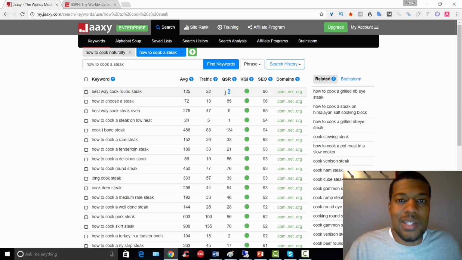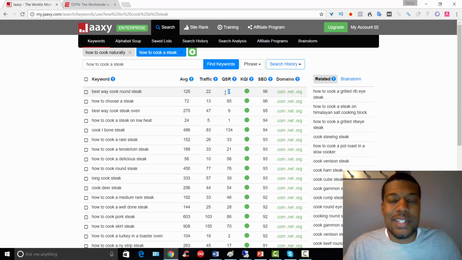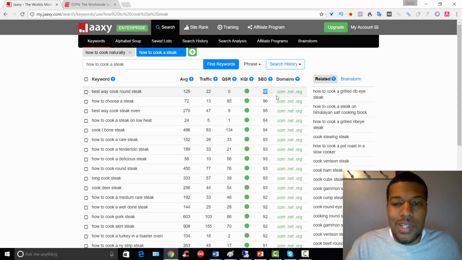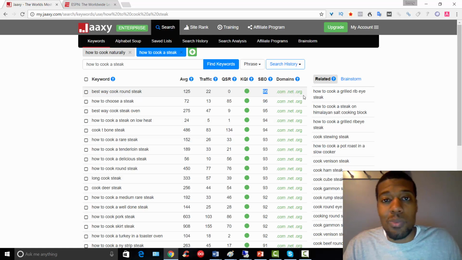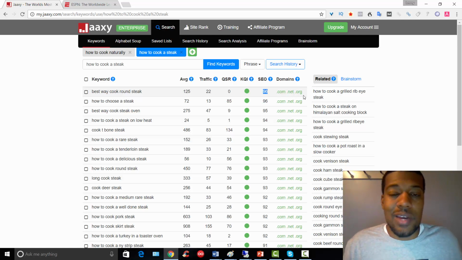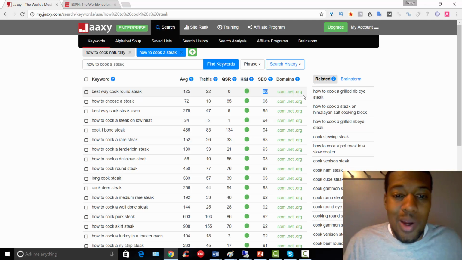There are 0 websites in the search engines competing for that exact keyword. And it has a very high SEO score, which means you're very likely to rank for that. They have a .com, .net, and .org available for that keyword. So just think, if you had a niche website on round steak, I mean, you could pretty much talk about how to cook it, what other things it may go well with, and just have a niche site on round steak. And as you can see, the market is